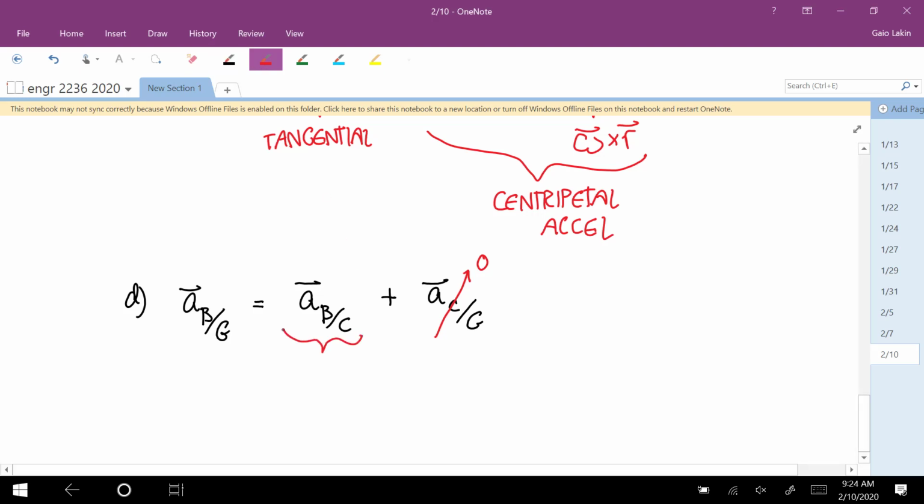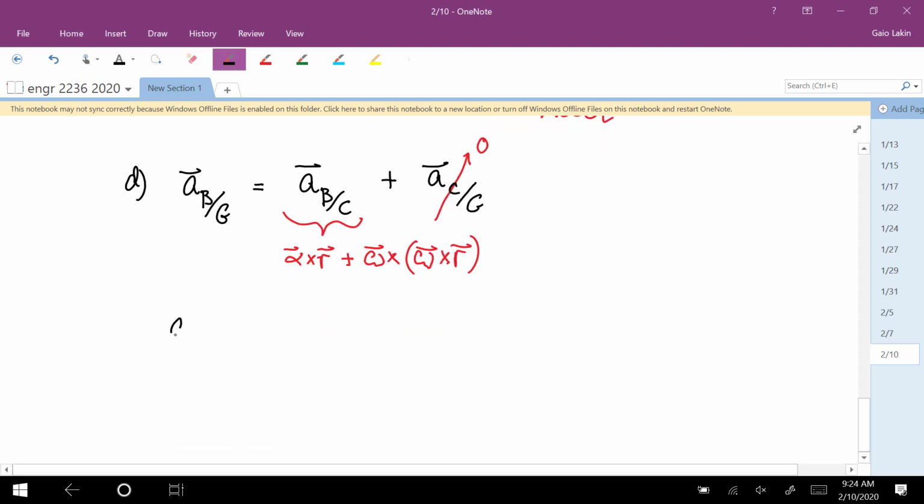This part comes from circular motion, so this is the watermelon equation. So the acceleration of B relative to the ground is equal to